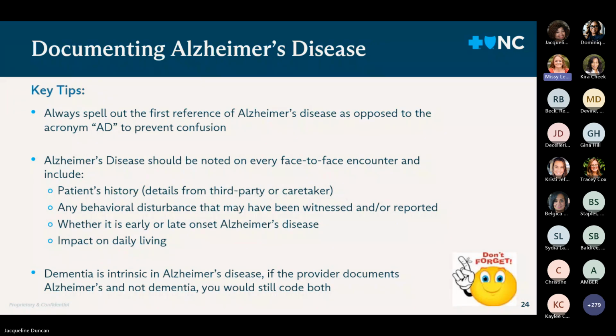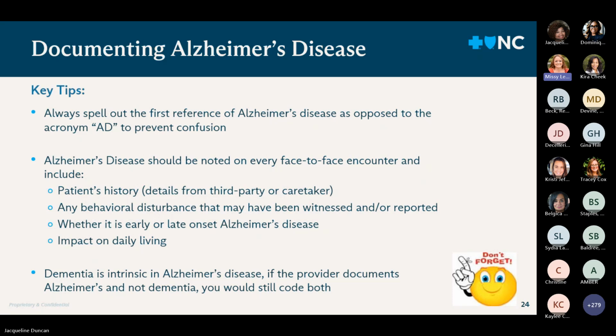Let's talk about some coding tips and documentation for Alzheimer's and dementia. Be sure to always spell out Alzheimer's disease as opposed to using the acronym AD to prevent confusion, especially on the first time documenting. It is very important for the care of the patient to always make sure that Alzheimer's is noted on every face-to-face encounter and details are given about history, whether it's from a caretaker or family member,